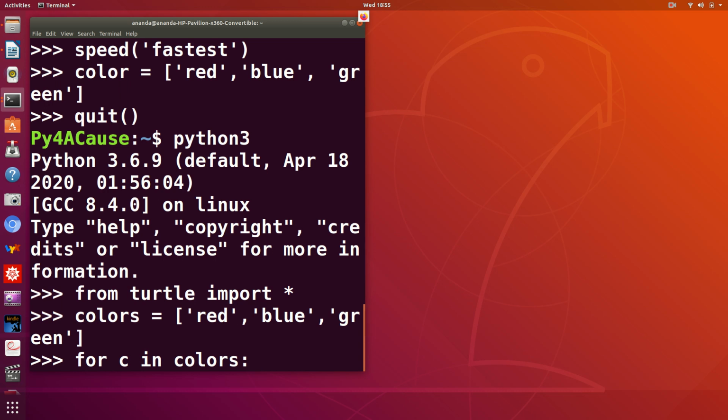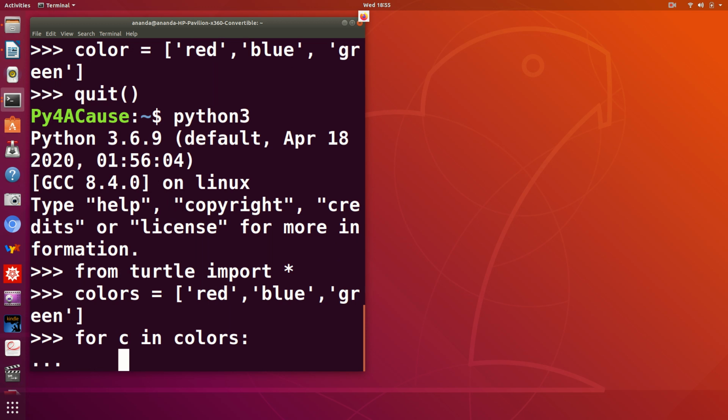This has 3 pieces, so the loop will run 3 times. Of course, each time it runs, C will be red, blue and green in succession. But I'm going to have to use the color function from the turtle module to ensure that that is what the pen color is going to be. Okay, so I'm going to get color C,